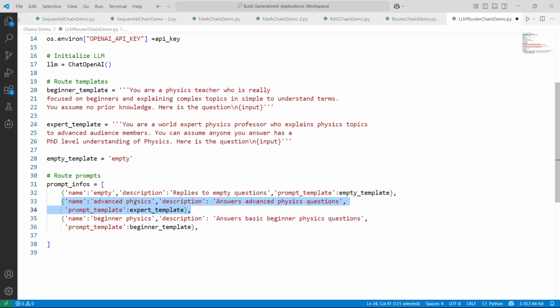Name is equal to advanced physics. Description: answers advanced physics questions. And the prompt template is expert template. Similarly for the beginner template: name, beginner physics. Description: answers basic beginner physics questions. Prompt template: whatever prompt template we have created before for beginner template, we are assigning that to prompt template,